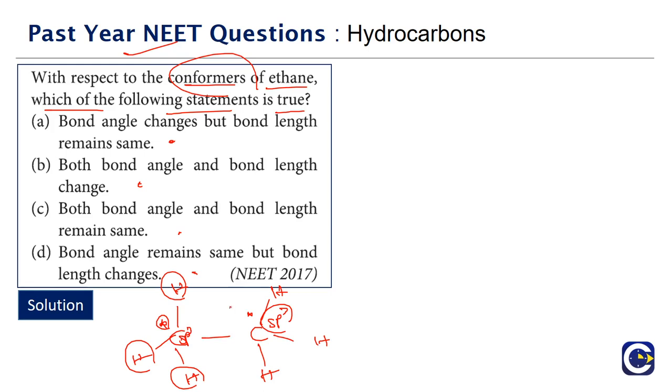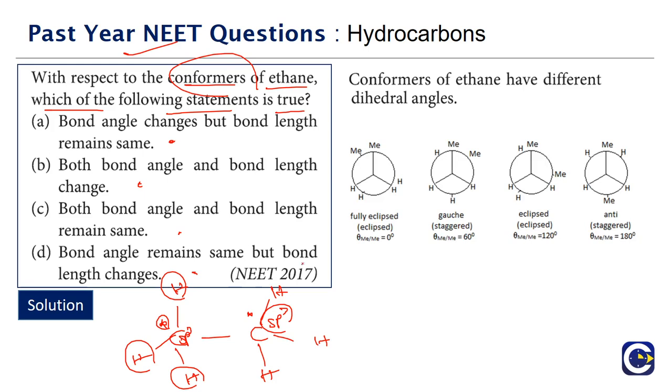If you look at the difference between the conformational isomers, it is not about the bond angles or the bond lengths of the original compound being different. For example, here we are looking at the conformational isomers of butane. The same rule will be applicable for ethane also. If you see the conformational isomers, we can see the methyl groups. There are two carbons which we are not showing here.